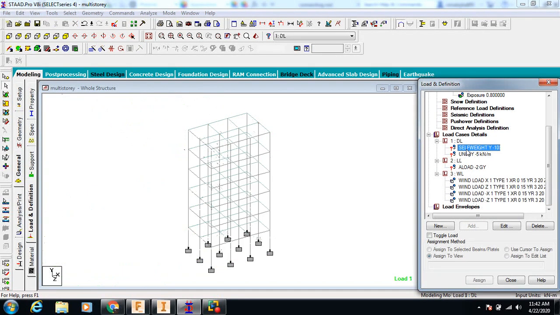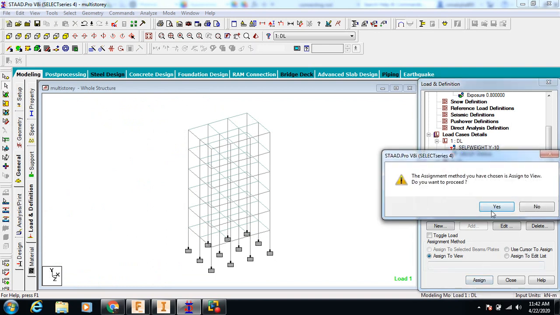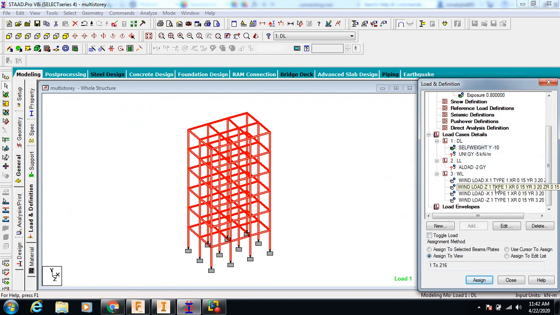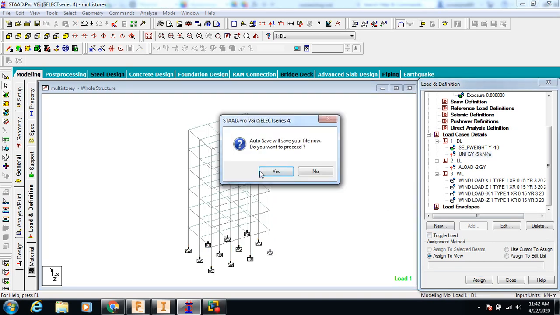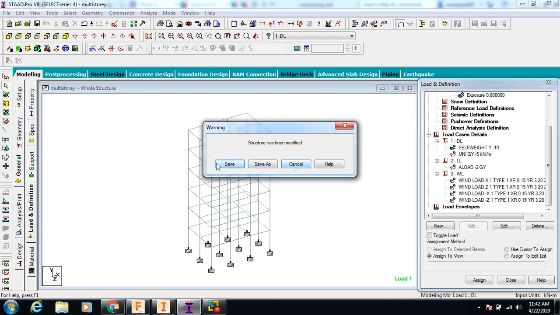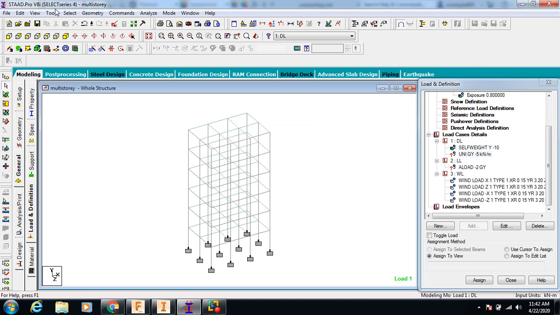So we will assign the dead load. Self weight is considered for the whole structure, then we will assign it to view, and assign it. And this is the member load. The member load will act on beams and columns.